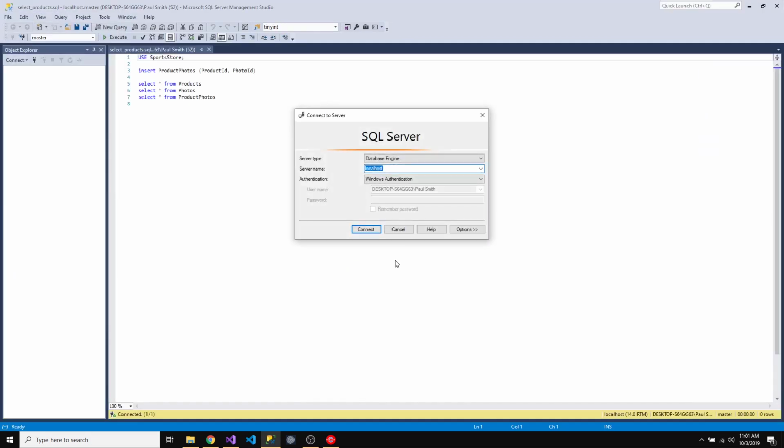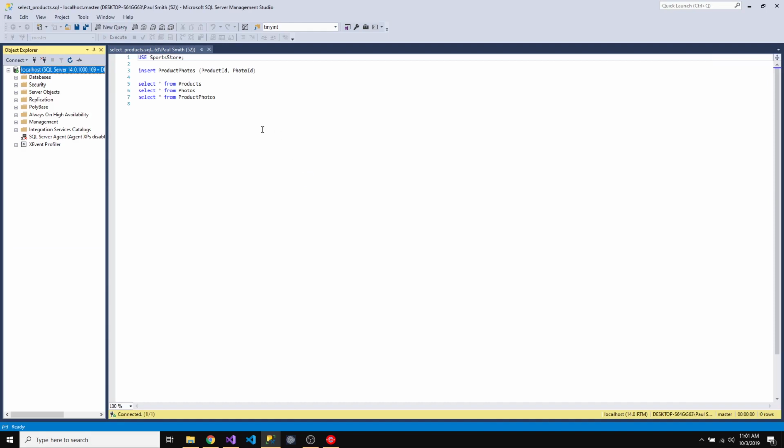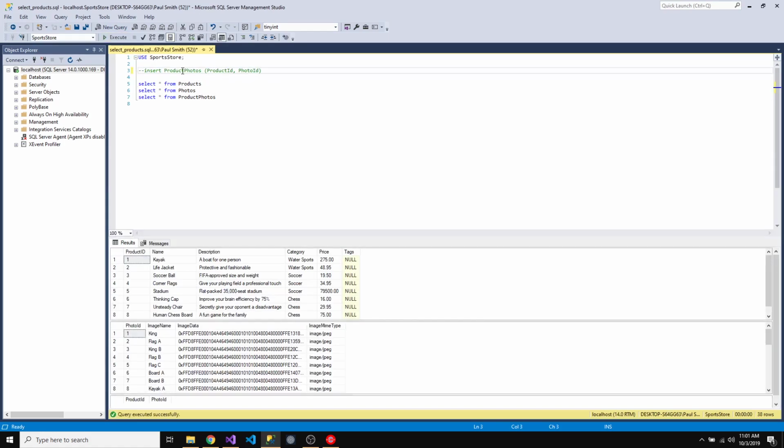Connect, there we go. So I need to insert some rows into product photos. Execute that real quick. There we go. So I can see what IDs I want. So say for product photos,